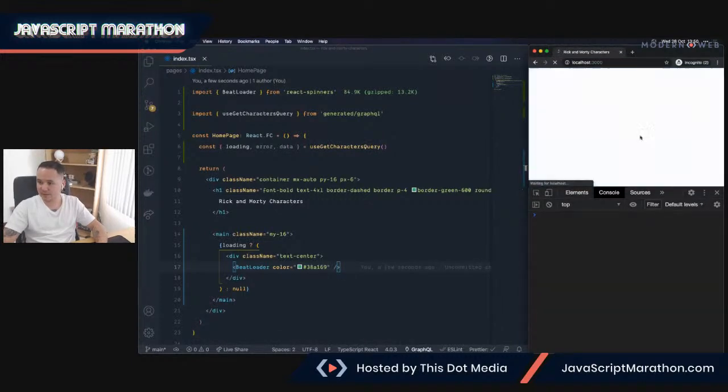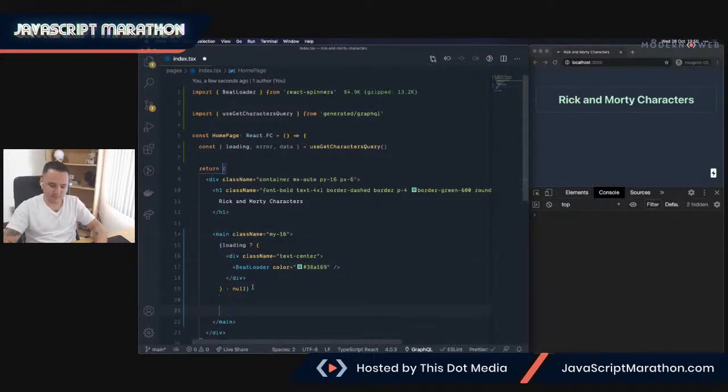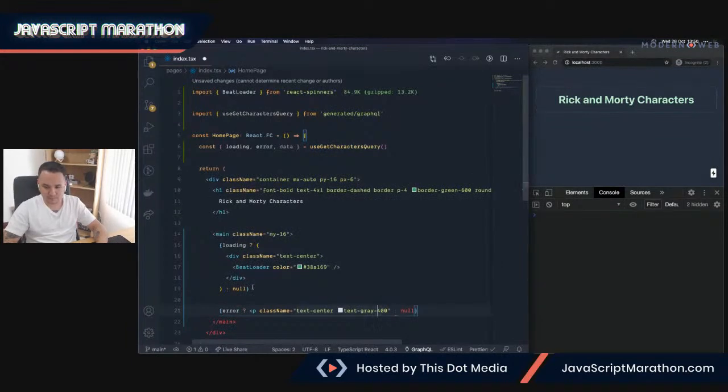Go here on refresh. The loader will be shown where the data comes. Next, let's add an error handler. If the error is defined, we will add a paragraph, text center, and the text will be red,